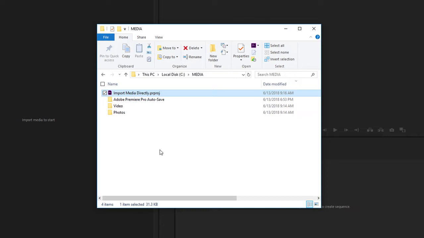Media files can be imported directly to Premiere Pro from Explorer in Windows or Finder in macOS. Generally, you're going to want to use the Media Browser panel to import media, especially if you're importing fragmented media file types like OP Atom MXF files. But if your media is self-contained, like QuickTime movie files or MP4 files, you can drag them directly from Explorer